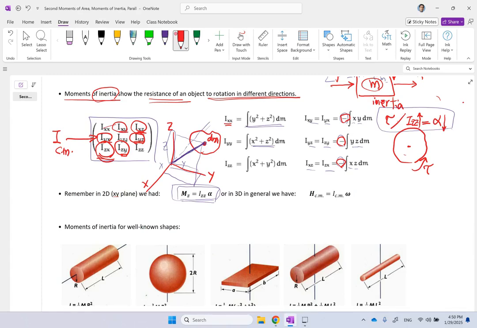And since this mass can move in all 3 directions for an arbitrary object, these are really triple integrals. All of these are what? Triple integrals, because x, y, and z can all change. So these are all really triple integrals. And clearly, you can see that I here is an inertia term, because if you remember in linear, for translation